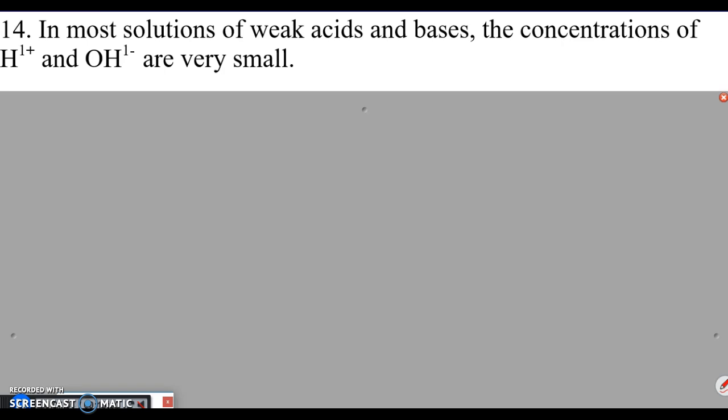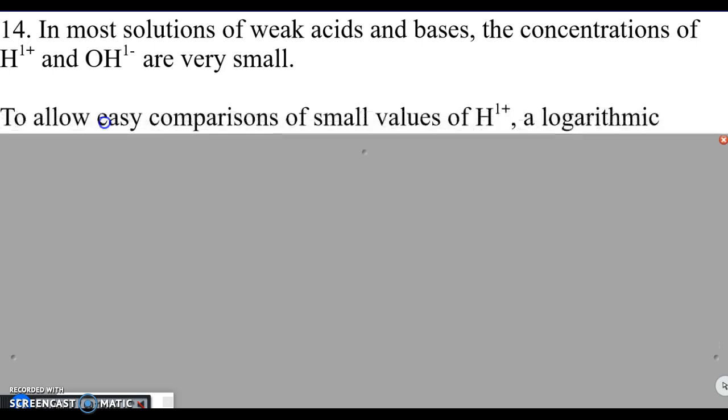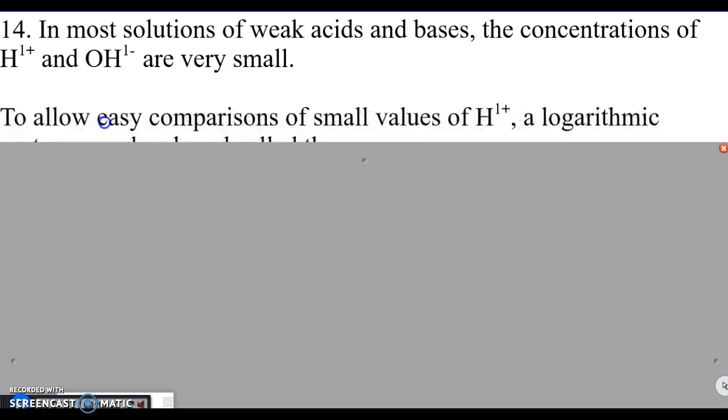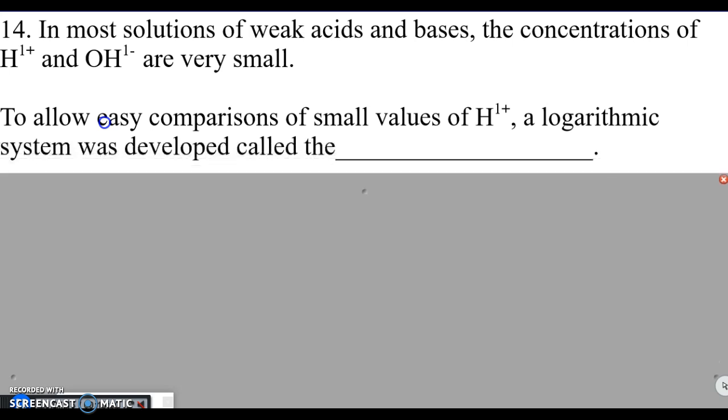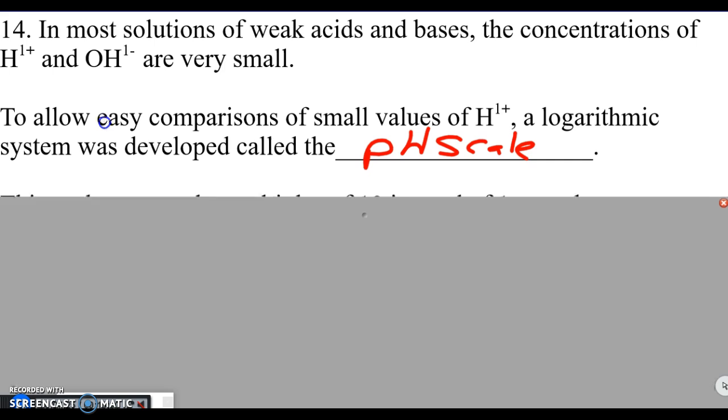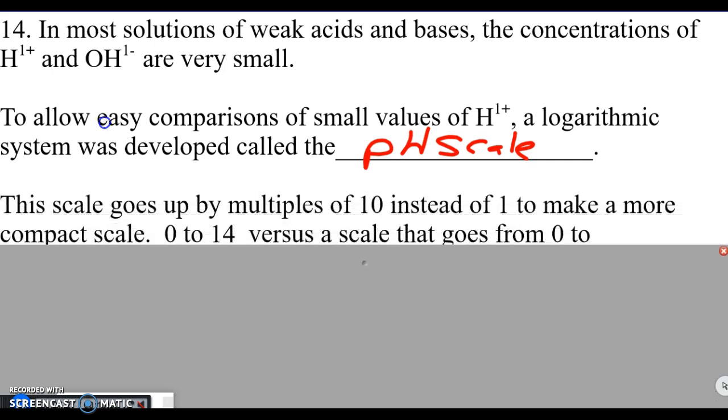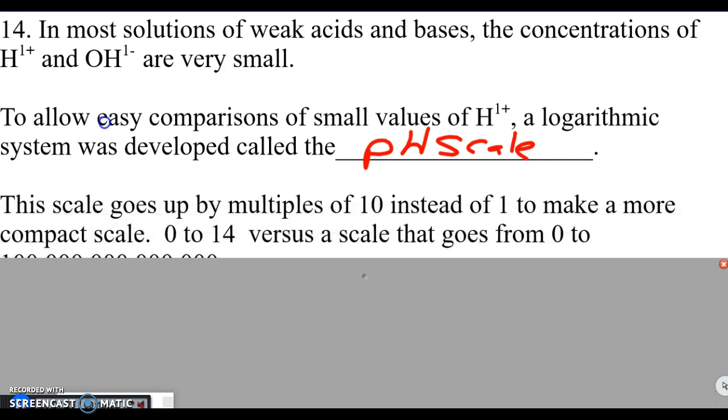In most solutions of weak acids and bases, the concentrations of the hydrogen ion and hydroxide ion are very small. To allow for easy comparisons of small values of hydrogen ion, a logarithmic system was developed called the pH scale. The scale goes up by multiples of 10 instead of multiples of 1 to make it a more compact scale